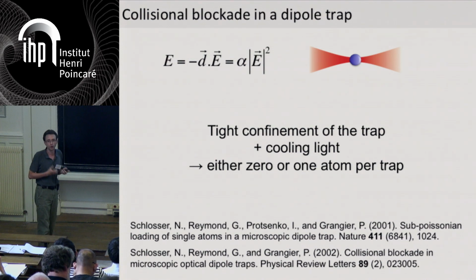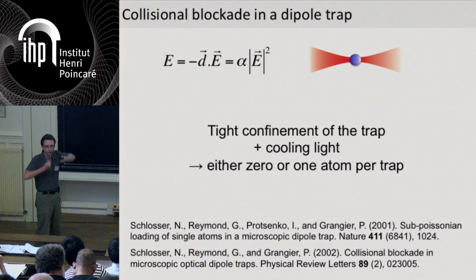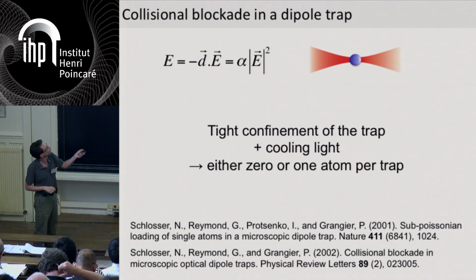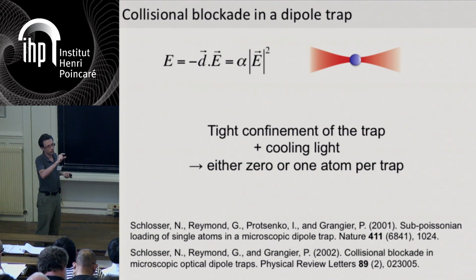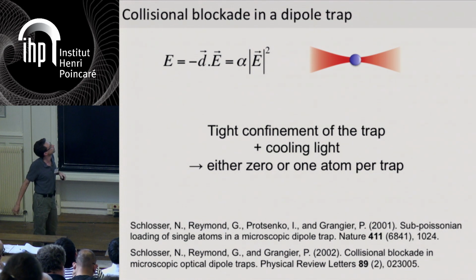This regime is called the collisional blockade regime. So the two ingredients are very strong confinement of the optical tweezer. Usually you use a high numerical aperture objective to really focus your tweezer down to an area of one micron cubed, typically. And you also need these extra cooling beams that you would use in a magneto-optical trap,